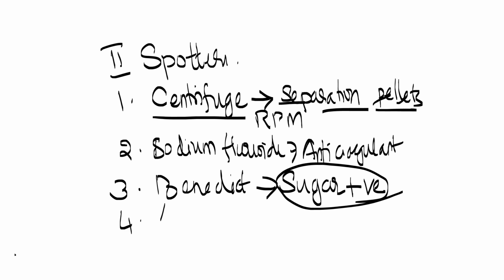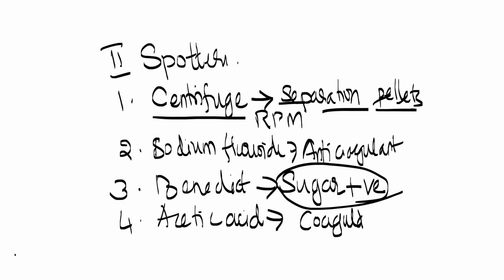For example, if acetic acid is kept as a spotter, you have to write what acetic acid is used for. Acetic acid is used in the coagulum test, that is the denaturation of your urine sample. When the protein is coagulated, it will be stable when you add acetic acid. If phosphates or sulfates are there, the coagulum disappears when you add acetic acid. For that purpose, we are using acetic acid.